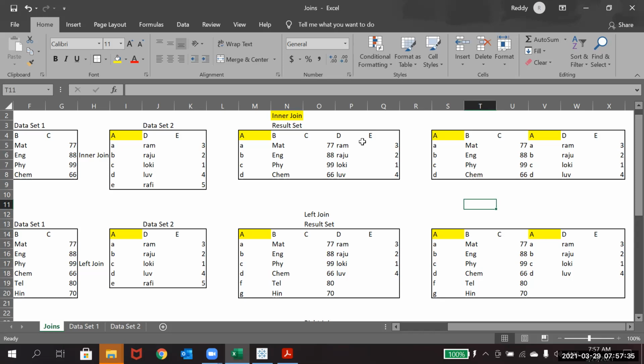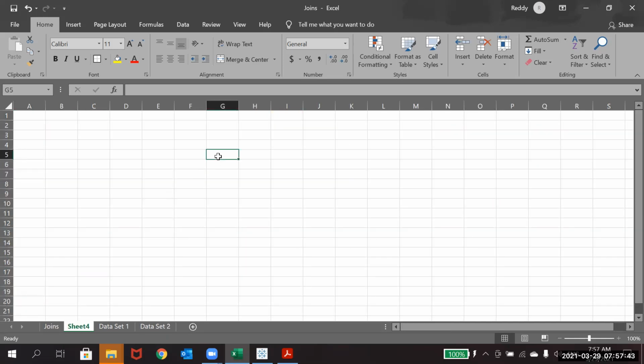When you are giving a result set, maybe A, B, C, and D, assume that in your data set the common column you are considering is B. Whatever join you are doing, put the values for that first, the common column you are considering, then add the results for the rest of the columns. Then you will understand very clearly how that join is working.